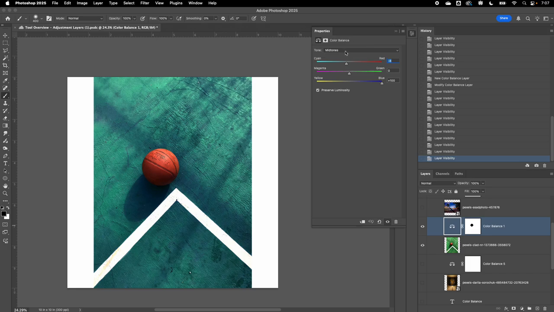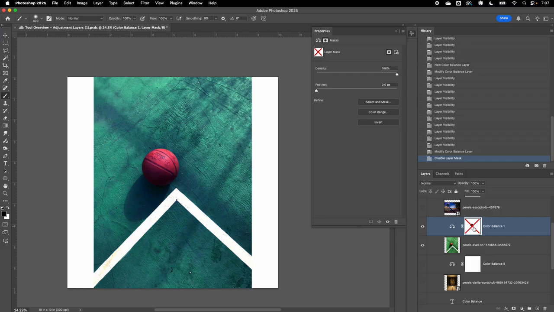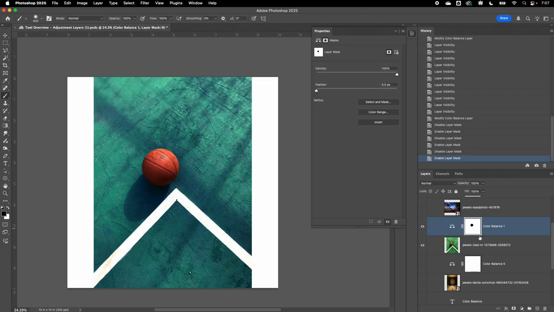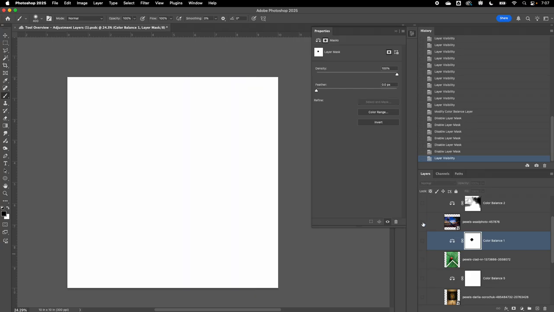So going into that and just taking the midtones in this case and sliding them to a more blue kind of color. And then I went in, if you don't have part of this masked off over top of the ball, it's going to affect the color of that too. So you do want to probably go in and do some masking with this. Another example,